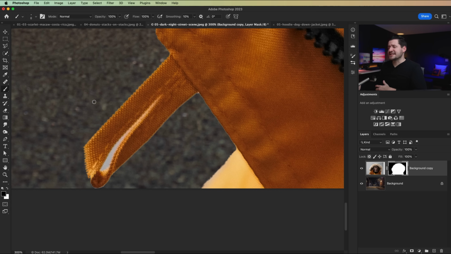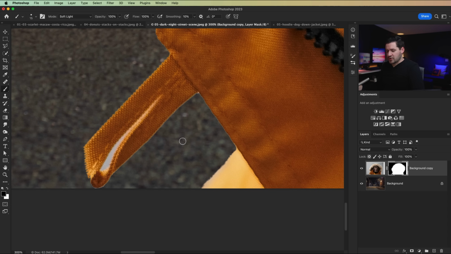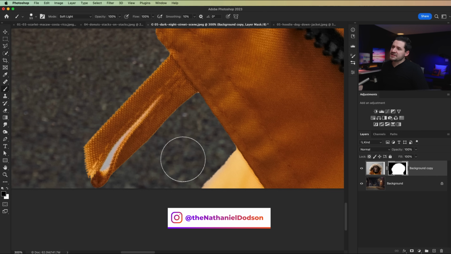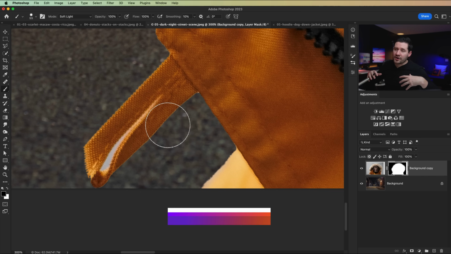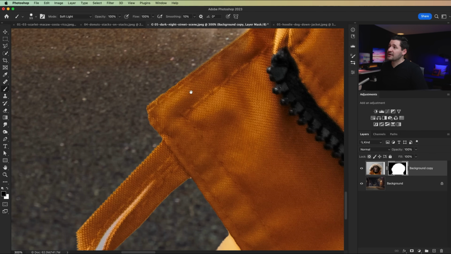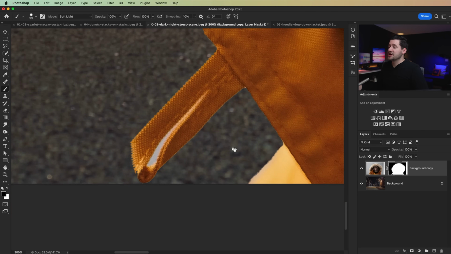In order to make this easy, the cheat code is go to Mode and choose the Soft Light blend mode. Make your brush a little bit bigger here. Let me use the technique that I just told you about and just paint up to the edges. And what this Soft Light blend mode is doing is it is just making the whites a little bit whiter, pushing the whites a little bit further, or if you paint with black, it's going to push black a little bit further,